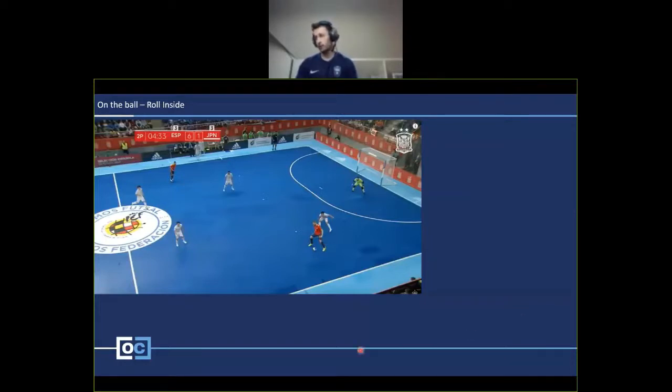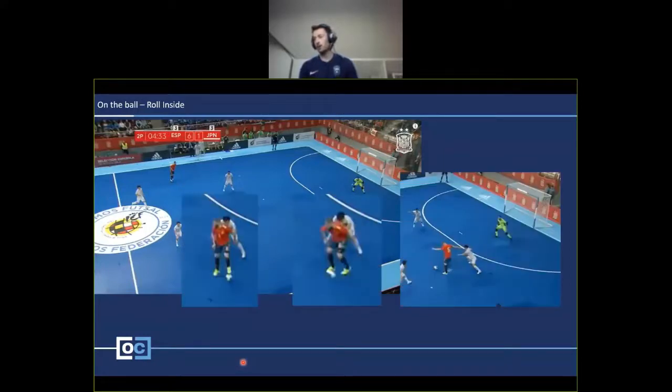But looking at the actual detail of that roll is quite interesting. As I was pulling these slides together, I took a lot more time to try and slow it down and appreciate it so I could try and digest it myself before trying to explain it. That was quite helpful to me as well, because as I've seen this technique quite a lot, I don't use it as much. And I was trying to understand why it doesn't work when I try and do it. So I'll try and explain that. Hopefully there's no defenders listening. So I've got 3 stills here, which again, regretting the format of this presentation for doing that.